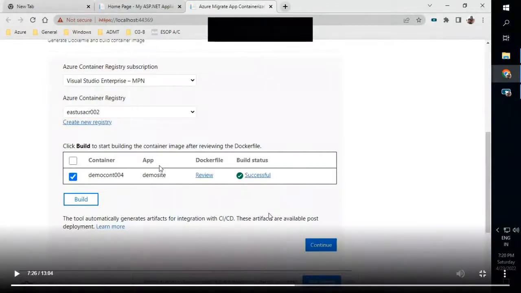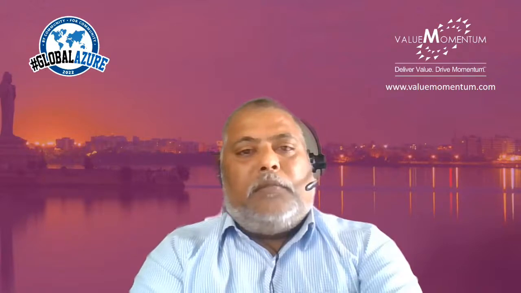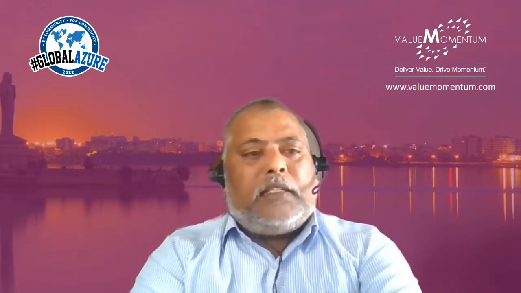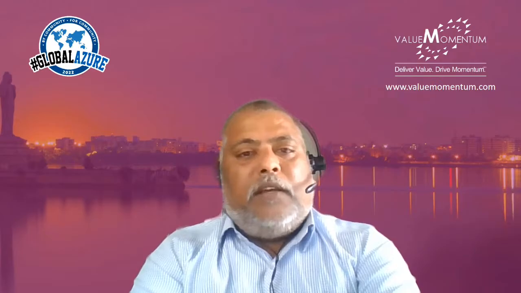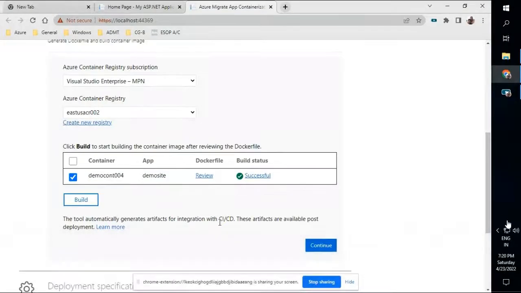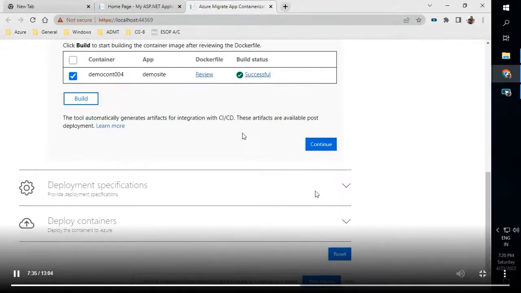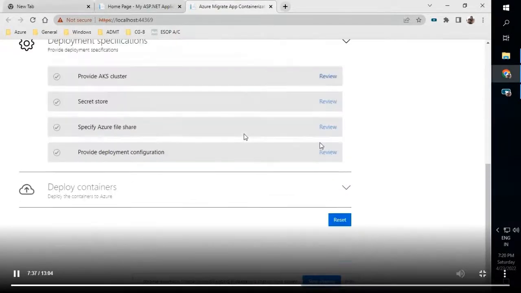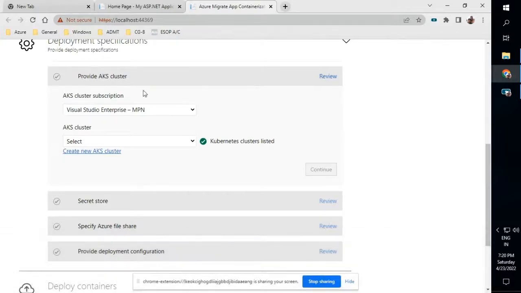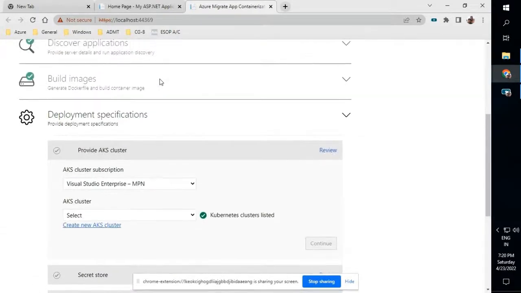So here we have the build status was started, and once it is completed, it is successful. We can see the screen like this, and once the image or instance is completed, it will push to the container registry, and click on continue to move further. There we have the option to create a new cluster, or we can select the existing cluster. So here I'm going with an existing cluster, which we have shown you in the previous screen. So I'm selecting the existing cluster here,